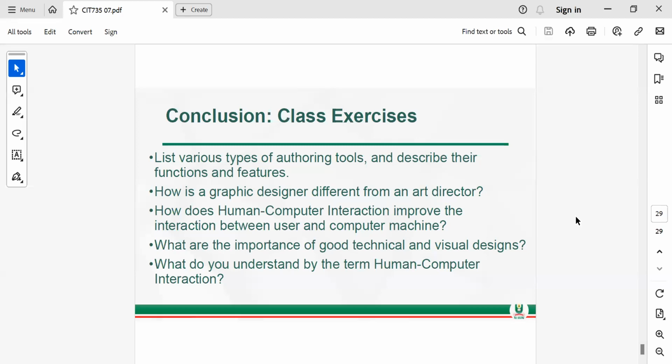While art directors are the ones that, for instance, if you go for a movie production, the people that direct, they put things in place and make sure everything goes as planned. You are correct.